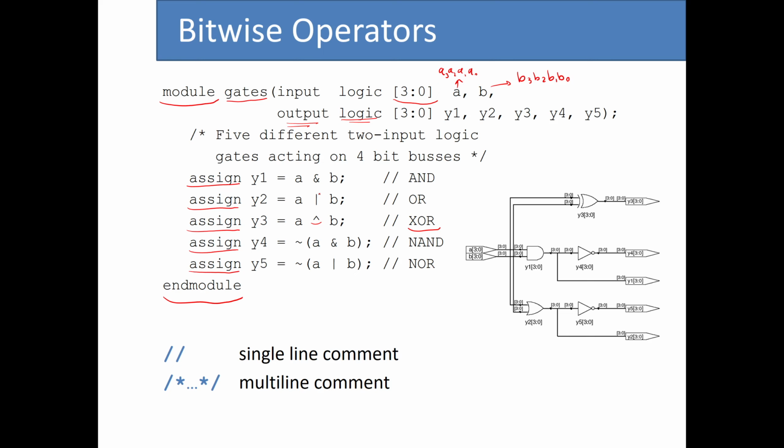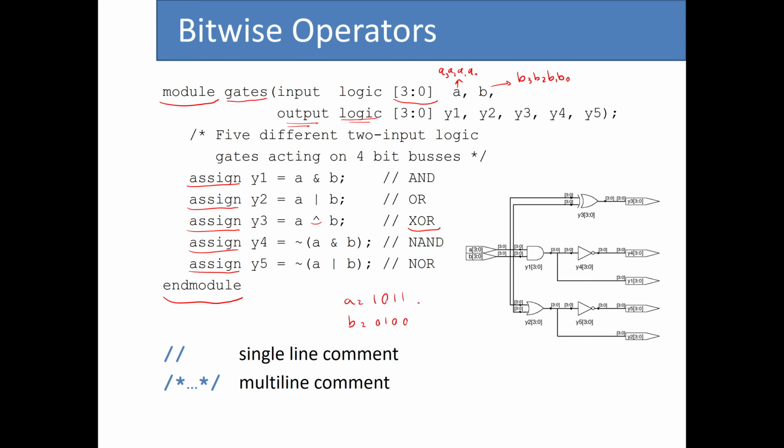So when we specify it this way, System Verilog knows that it has to do the calculations bit by bit. So let's say we have A to be 1011,